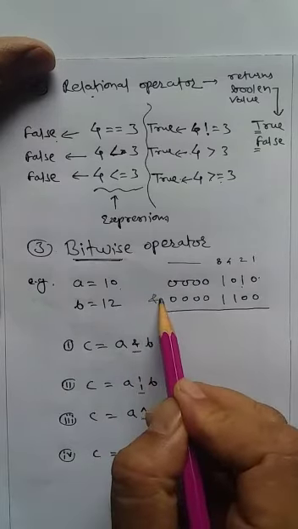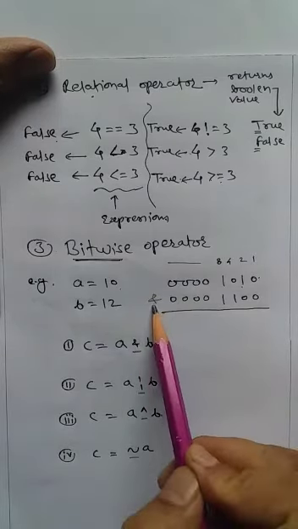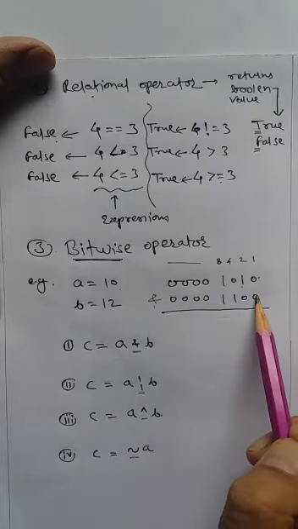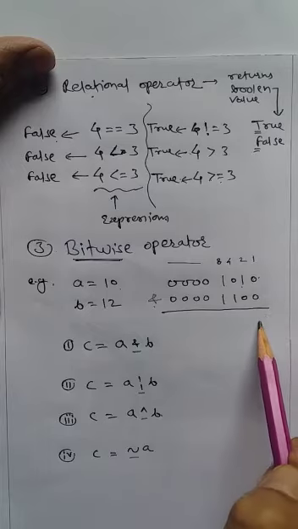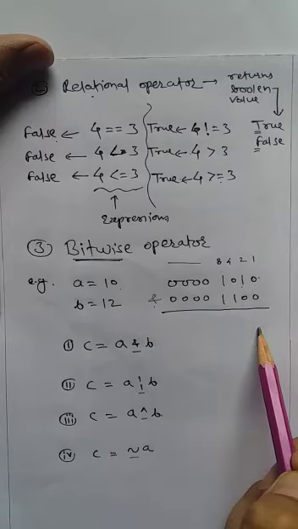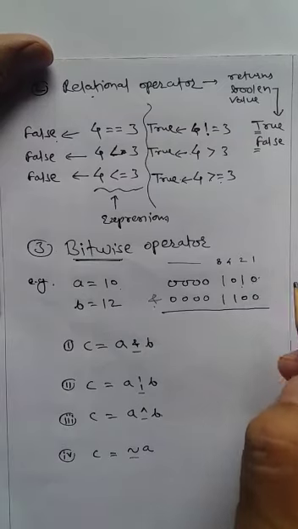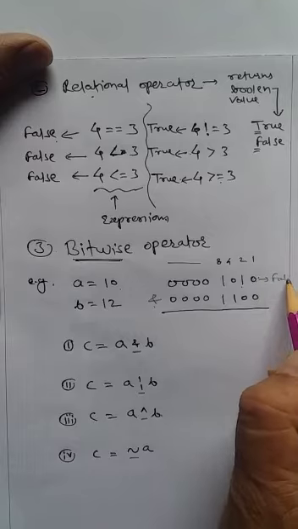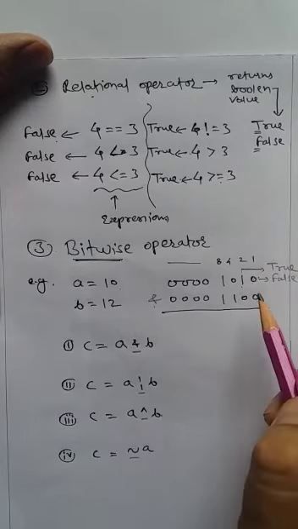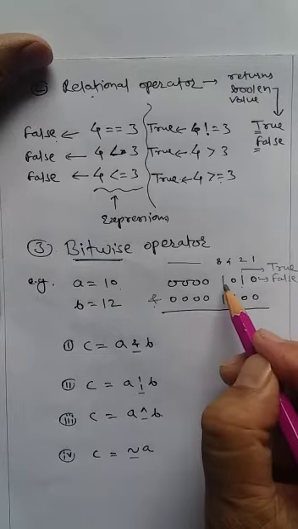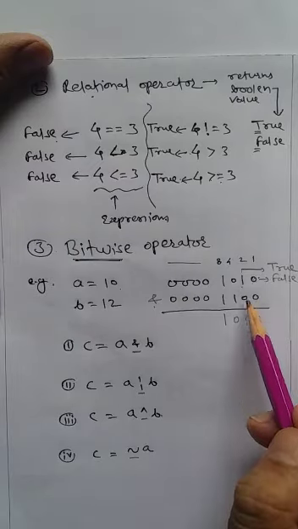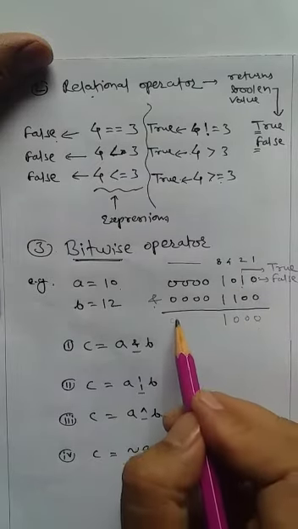Now this AND operation, when you are working on this one, what AND tells us is, if both of the operands are 1, then only the result will be 1. In other words, if both are true, then only the result is true. So what does 0 mean here? 0 means false, and 1 means true. So when it is 1, it is treated as true, 0 false. So if both are 1, then only the output will be 1. Otherwise it is 0. So here 0 0 0 1 0 0 0 1 0, and for the rest anyway it is 0.